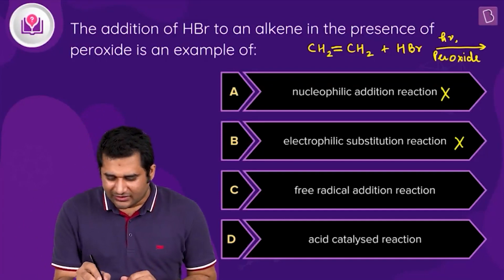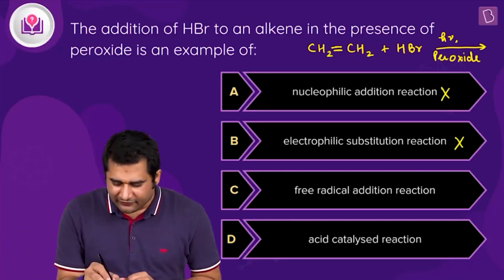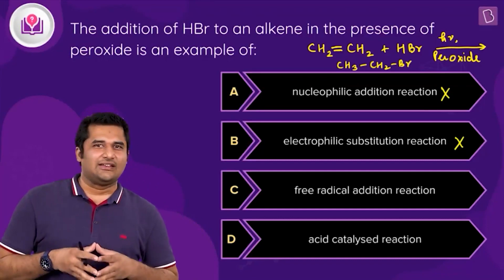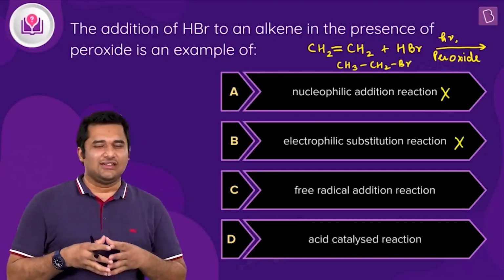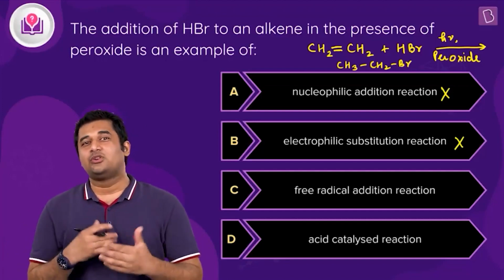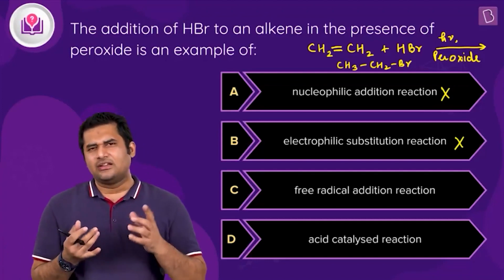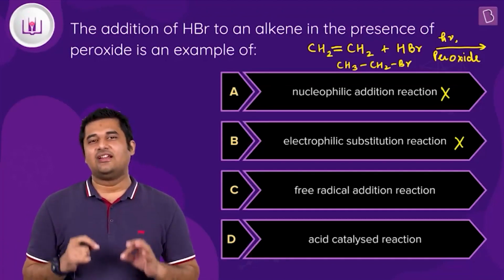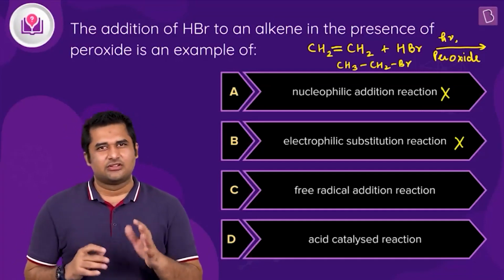So now what happens in this case is this pi bond dissociates, alright, and finally what you will get is CH3 CH2Br. Alright, so this is what you will get finally. Clear? And yes, let me tell you, since I have taken a symmetrical alkene in this example, you are not able to understand the Kharash effect exactly with this example. But our main purpose is to simply tell whether this reaction is nucleophilic addition or electrophilic substitution or free radical addition. So this example will serve the purpose.